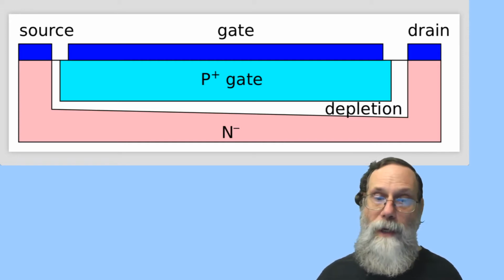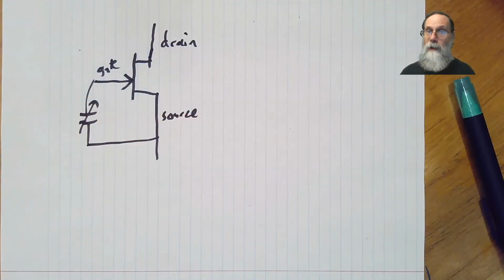Because if we go back to looking at our circuit here, we've got no way of putting a large positive or a large negative voltage on that gate. We have no access to the gate. How is it getting biased? How are we getting any DC voltage on there if all we've got is a capacitor? Well,